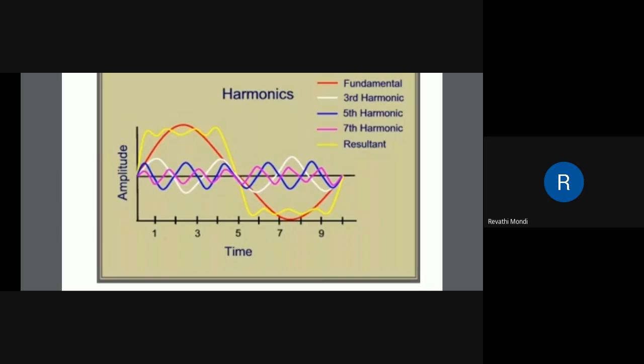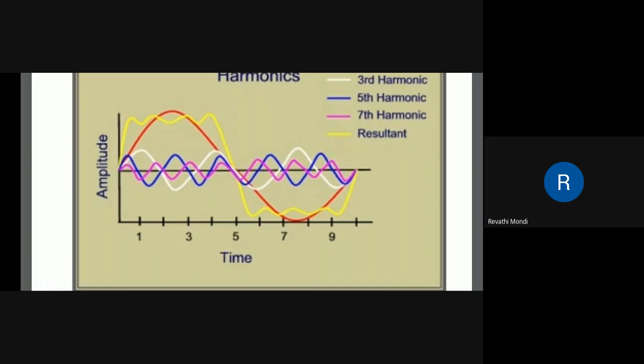Next, all of you observe the white color waveform. Only observe the white color waveform. How many harmonics, how many complete cycles, are in the white color waveform? In the white color waveform, 3 complete cycles are adjusted, so this harmonic is known as the third harmonic. Based on the number of complete cycles a waveform has, we know the n number of harmonics.